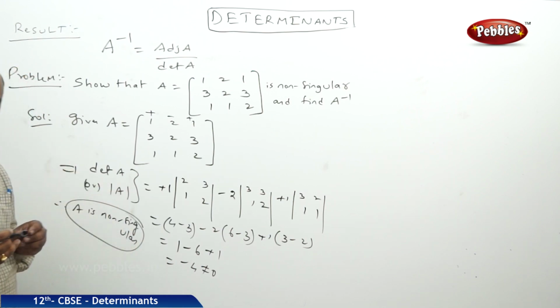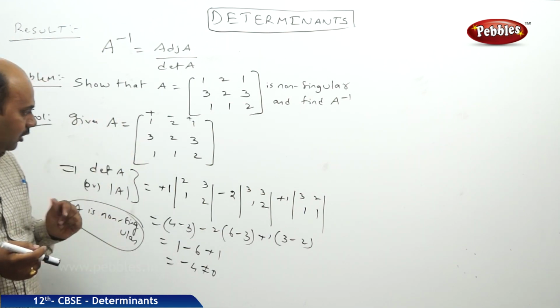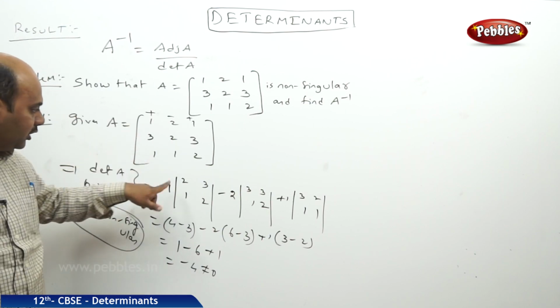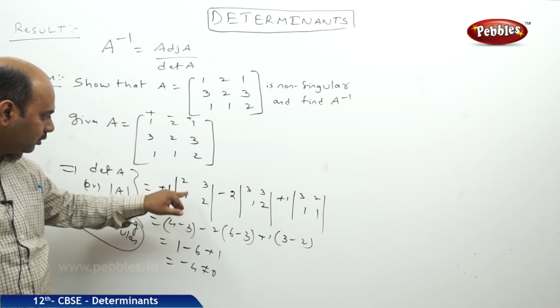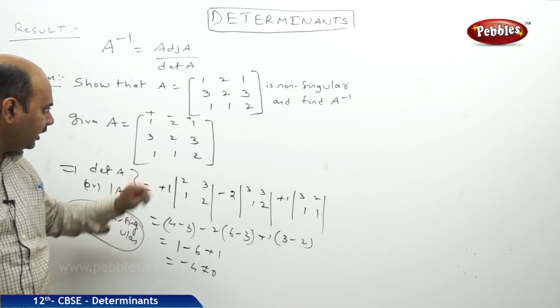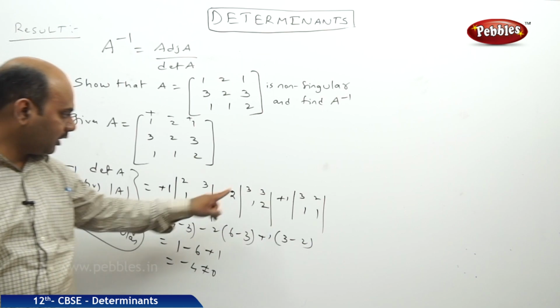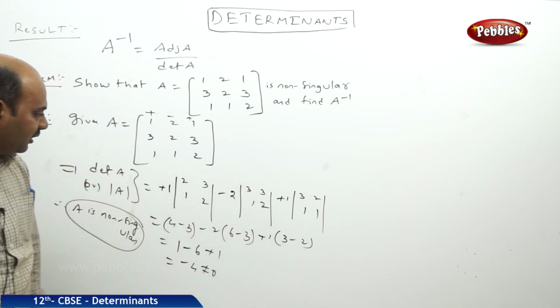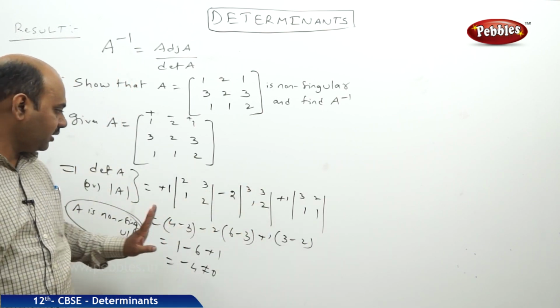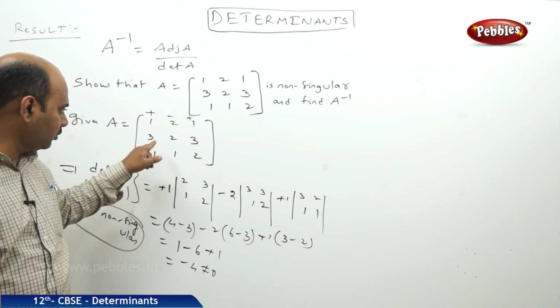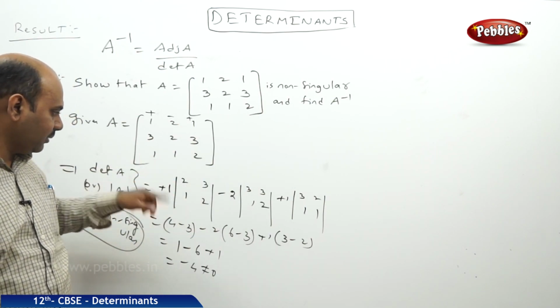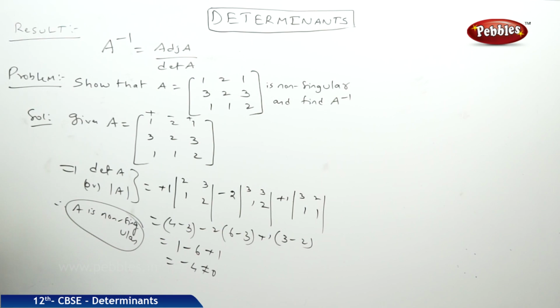But we should be very, very careful in doing calculations. If we make a single mistake, the whole problem will be wrong. So, once again I want to verify 1 into its minor. So, 2 3 1 2. 2 2s are 4, 4 minus 3, and minus 2 into its minor 3 3 1 2. 3 2s are 6, 6 minus 3, so it is minus 6, fine. 1 into 3 2 1 1, that means 3 minus 2, right, it is minus 4.